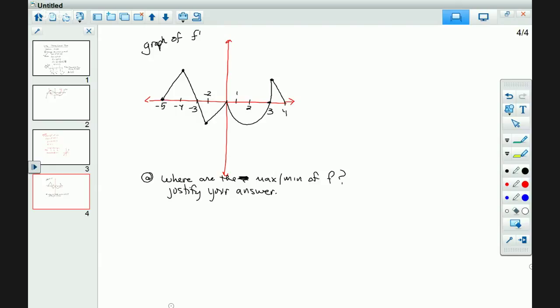Positive or negative was negative. So that's your, okay, -3. So at x equals -3, f has a